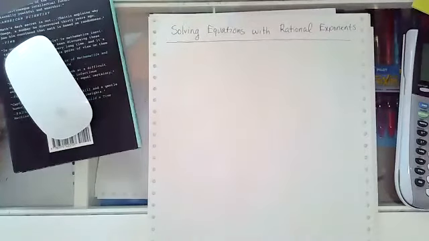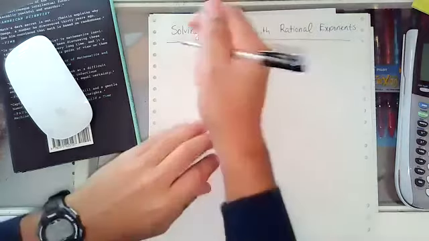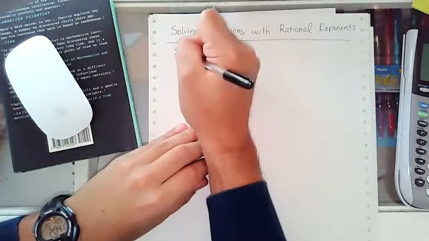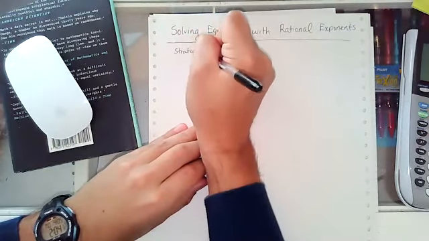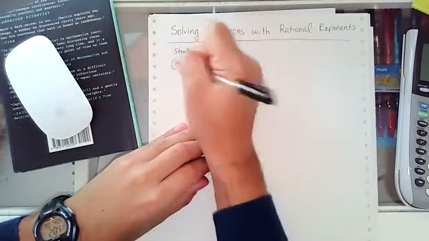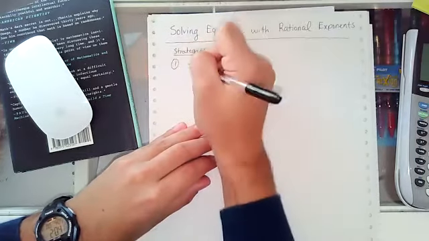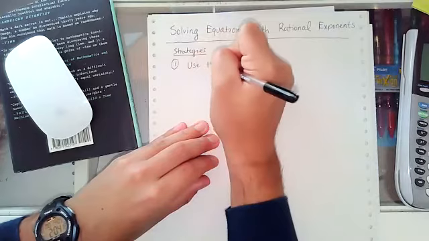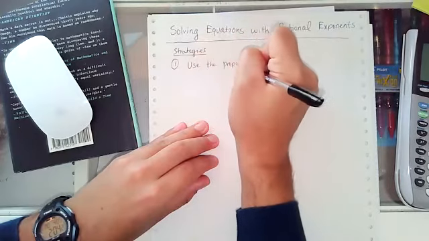And so there's going to be two strategies to solve these. The first strategy is going to be use this property. So use the property